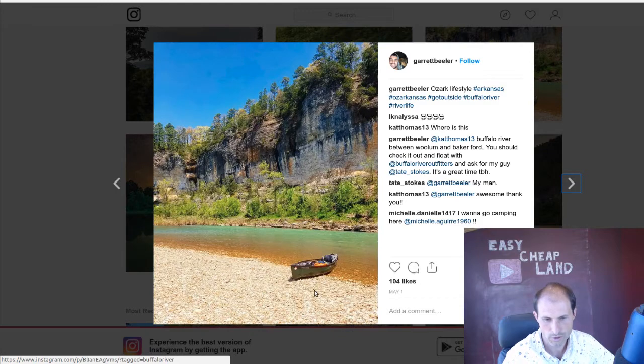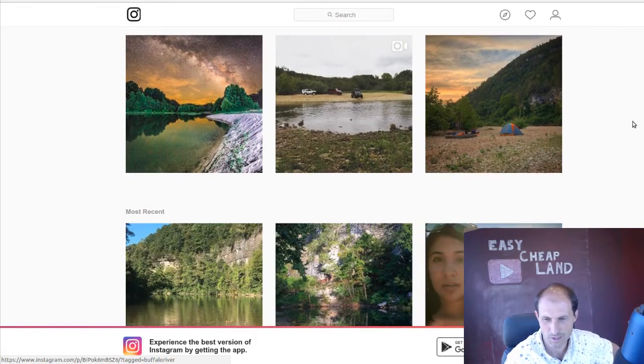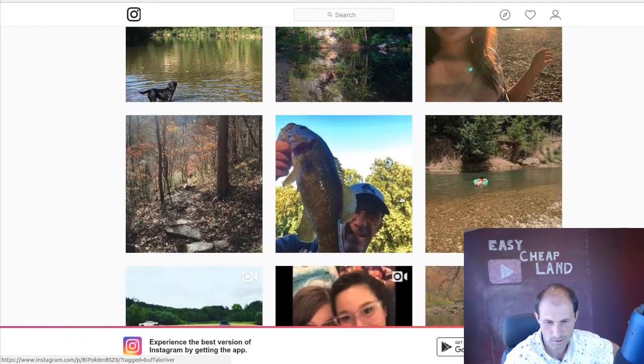Here's someone with a canoe. You buy land for $399. You can afford the canoe and all the gear to go in it to go explore a river like this. And you don't have to go to work all the time to pay your mortgage. You could take one or two of the weeks every month off to go do this kind of stuff instead of spending so much on land and real estate somewhere else, right? A lot better lifestyle. It's freer. So this guy caught a bass